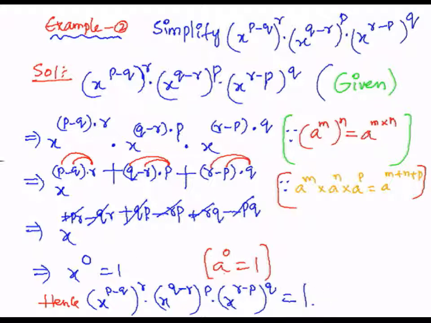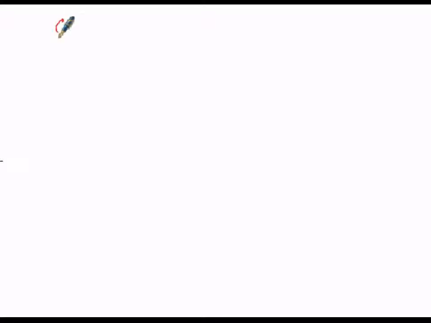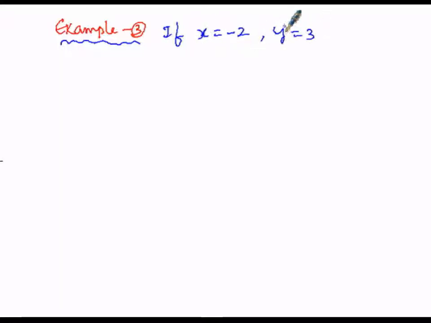So similarly, under the substitutions to get the value of a polynomial, let us perform one more example, that is example number 3. Under this example, if x is equal to minus 2 and y is equal to 3, then we have to find the value of